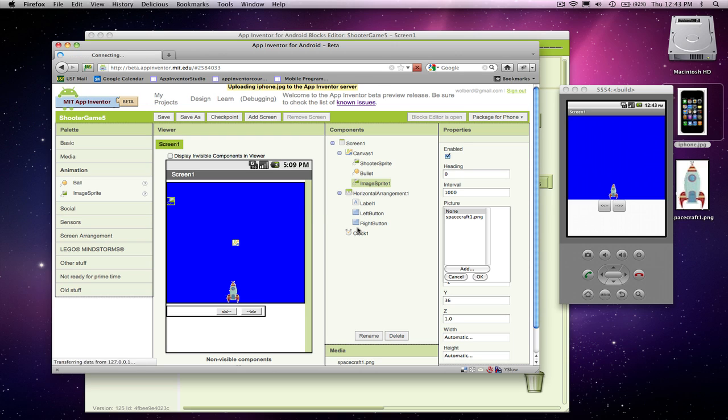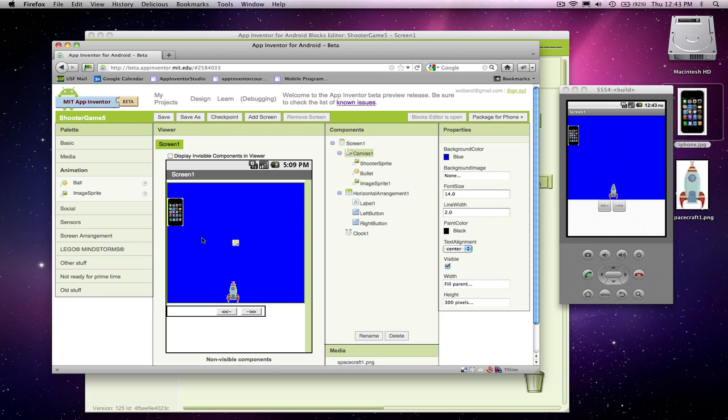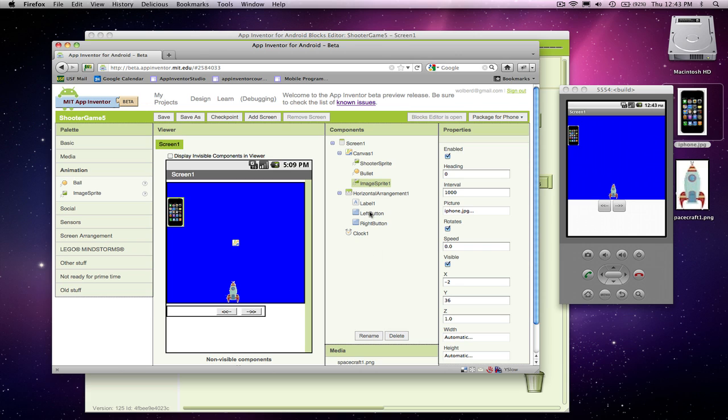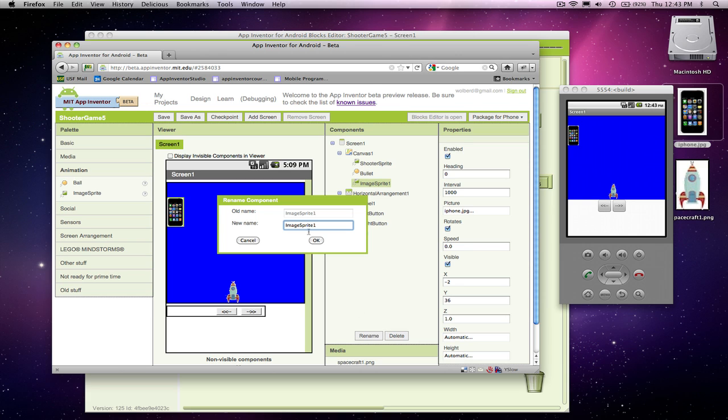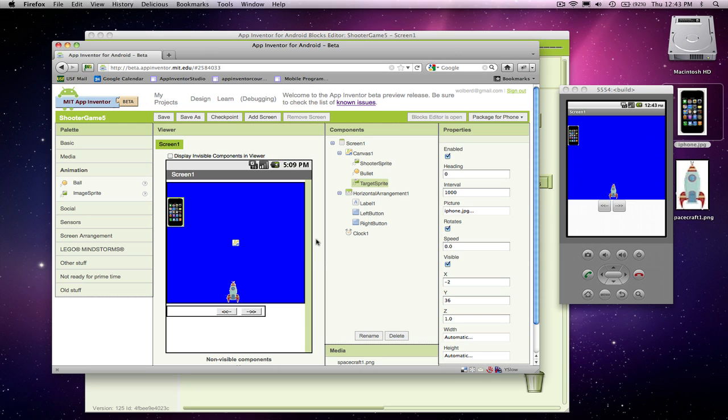All right, so I just loaded in the iPhone picture. There it is. It's a nice big target for us. Okay. And so let's call this image sprite the target sprite. And let's get rid of the 1. Okay, so we need that guy, and then we also need a